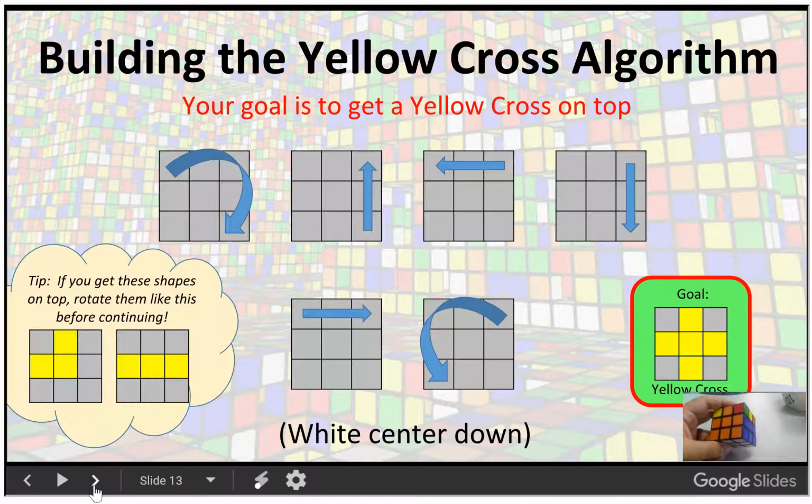And again, you'll practice this as much as you need to in order to get yours to that place. So now, building the yellow cross algorithm, my goal is to get a yellow cross on top. So right now I do not have a yellow cross. If you notice, I have this little miniature L. If I get that, I need to rotate my cube to look like that, or if you get a straight line. I do have a straight line, so I'm going to rotate my cube so now I have my straight